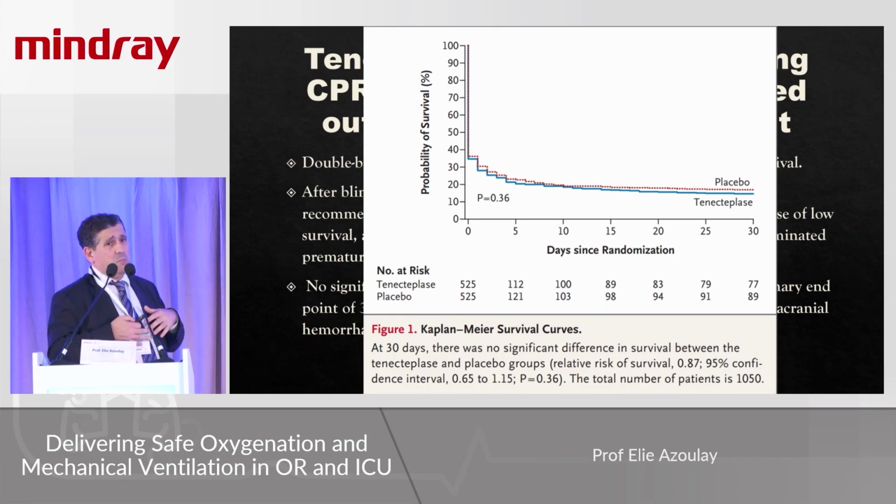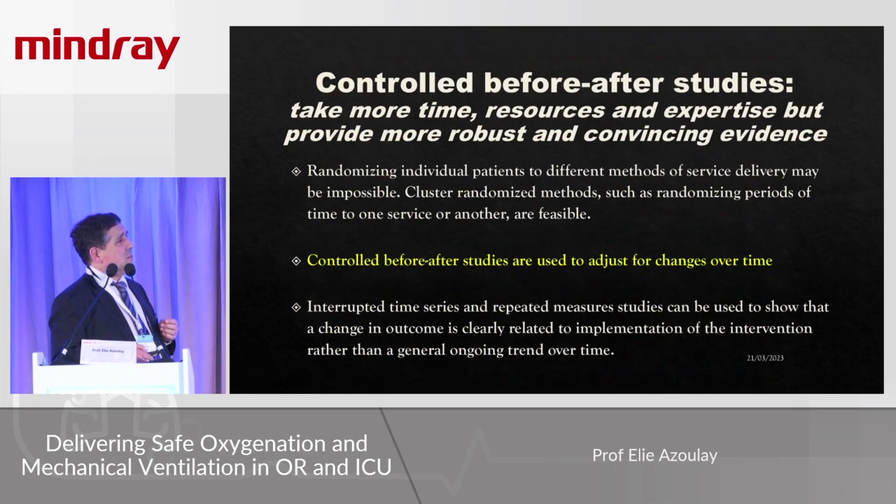another study. It can be a very long cohort study with long-term outcomes that would bring more evidence, or it could be another randomized controlled trial, but then you need to start preparing the RCT at the time you are publishing the other one. So controlled before-after studies is the other way, and this is my last message, to address that. So that would be a mix between the before-after and the RCTs.